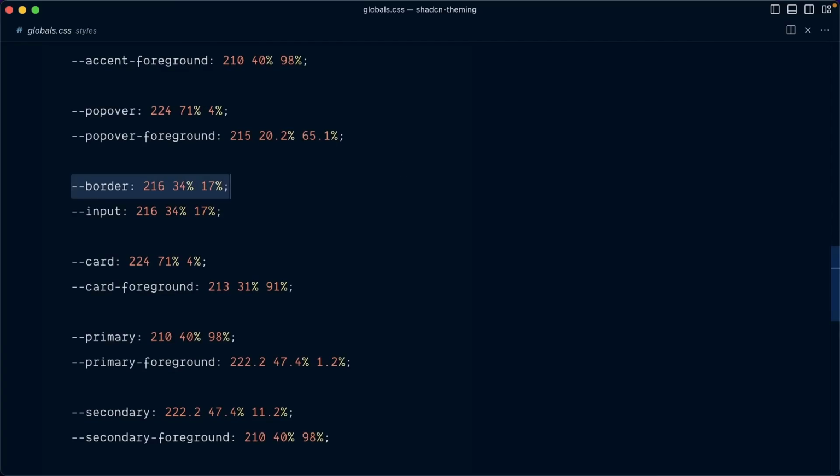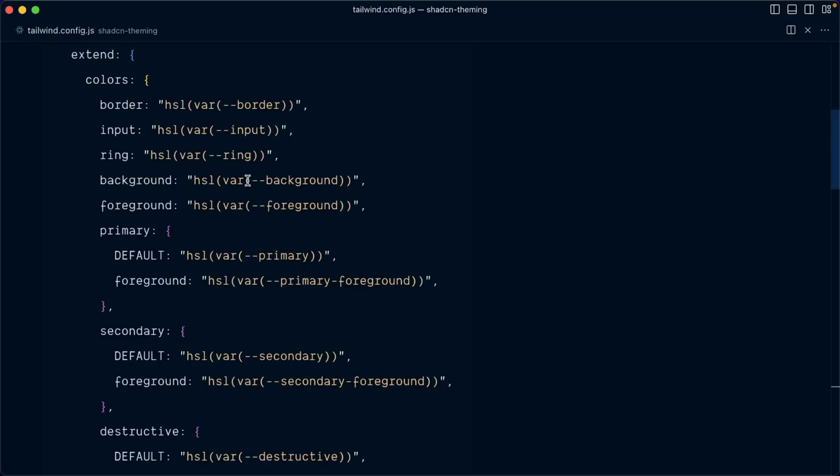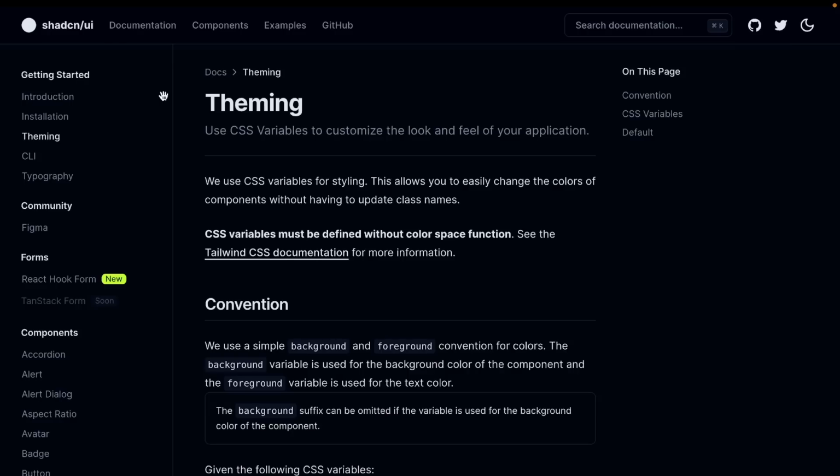Now note this specific syntax. This is not a color definition, but rather a set of individual channel values. Back in the Tailwind config file, you can see that we create HSL colors and then consume these CSS variables to together compose the correct HSL color syntax. And as mentioned in the shadcn UI docs, this is how you set it up according to the Tailwind CSS